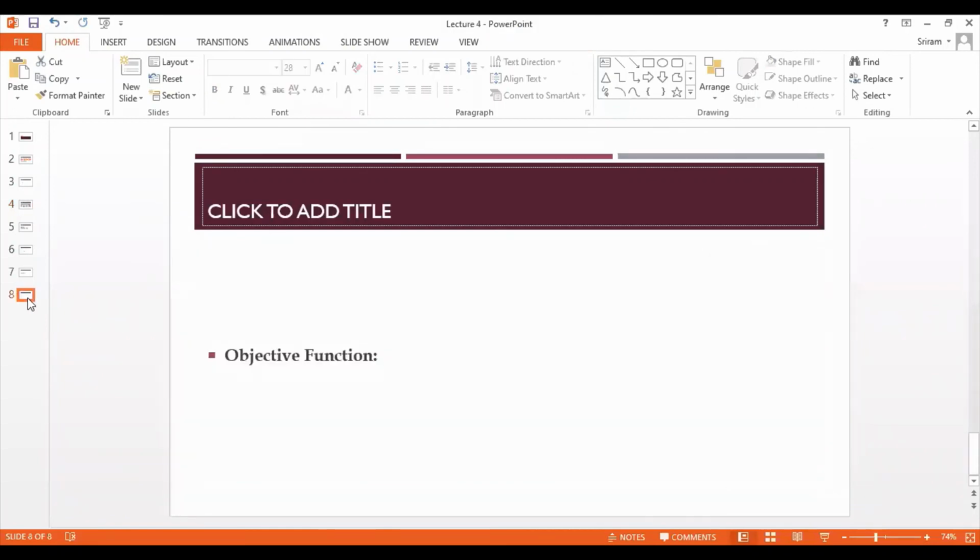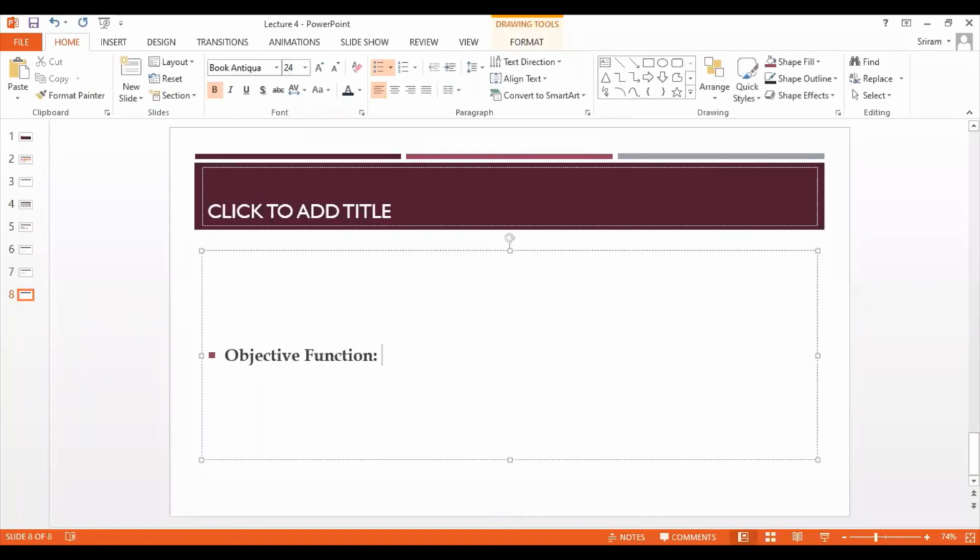So our objective will be maximum Z, isn't it? We are going to maximize Z. Maximum Z is equal to 0.050 x1 + 0.090 x2. Please use the same, small letter means small letter, big letter means big letter. Now understand the idea. So this is how we are going to form the LPP.